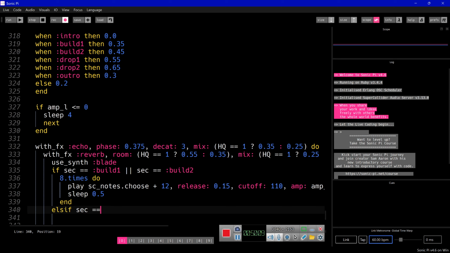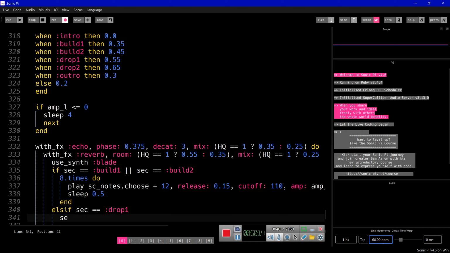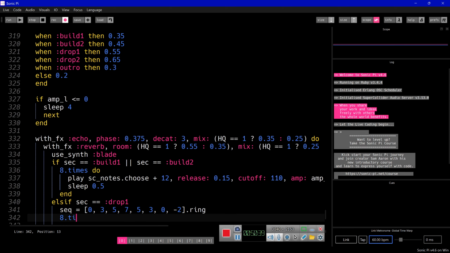If the section is in drop 1, then the sequence would be 0, 3, 5, 0, 3, 5, 7, 5, 3, 0, -2, dot ring. Then we have another 8 times hit block as